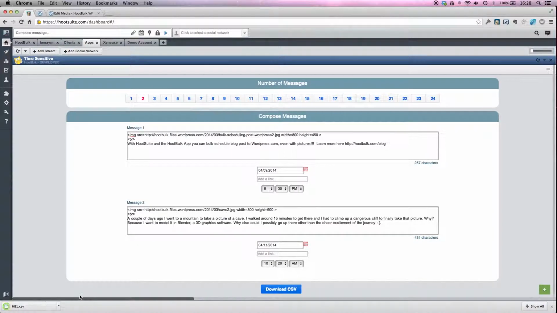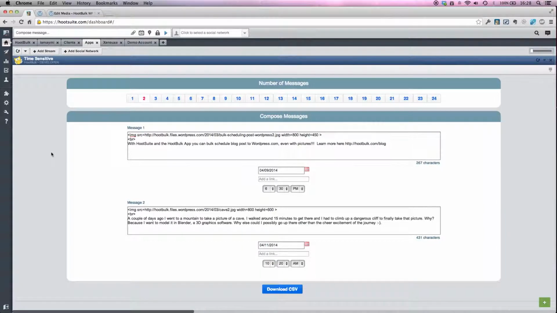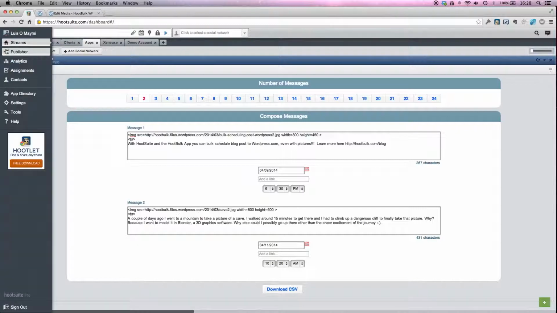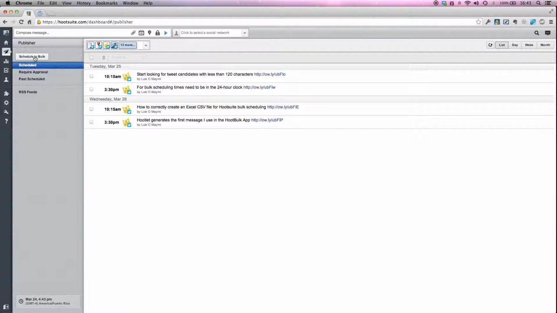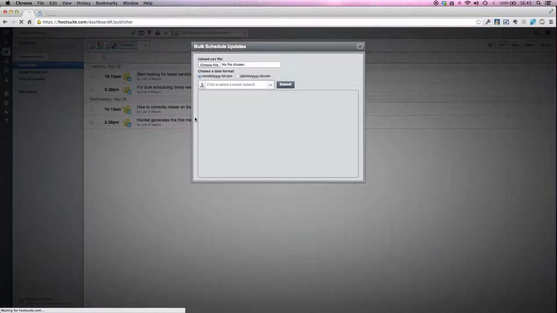You can see the CSV has been downloaded. Let me close this, I don't like this below. And once you download the CSV, I go to the publisher. You will click schedule in bulk, and you